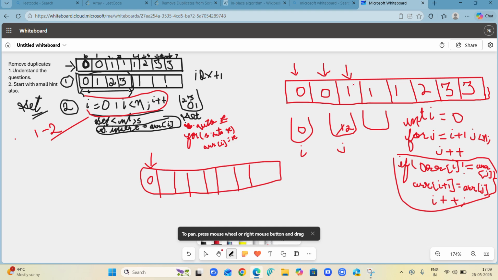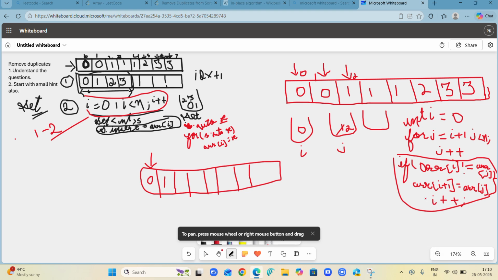What I would do, that element comes beside me. So array of what is it going to be? First element 0 plus 1. Array of first element is going to become the array of the second element. Now because this is 0, this is first, and this is second. So array of I plus 1 is going to become the array of j. So array of second element is 1. Now I have shifted I plus plus.